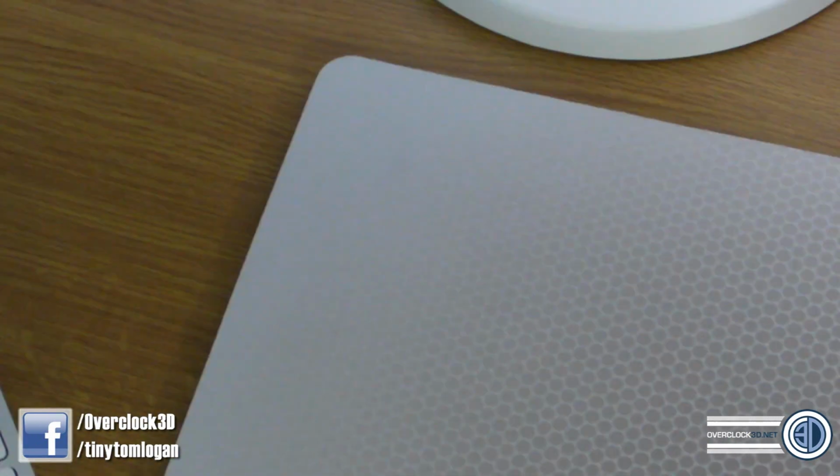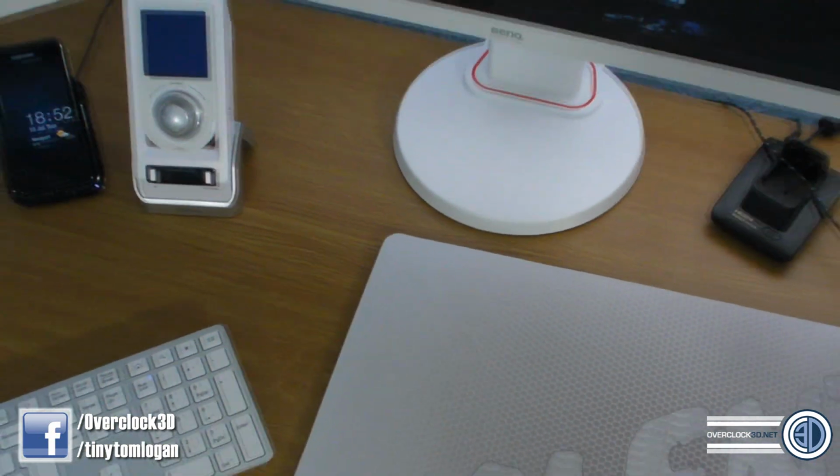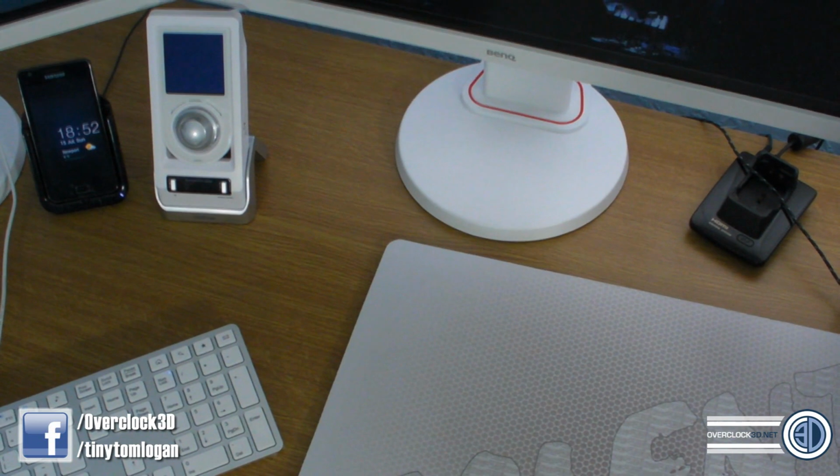I really do need to get a new tripod, but this used to be my mum's. Anyway, you can see that the pattern fades out towards the edge and then goes out to a plain white. That's really, really nice. And just to give you an idea of the size on my desk,